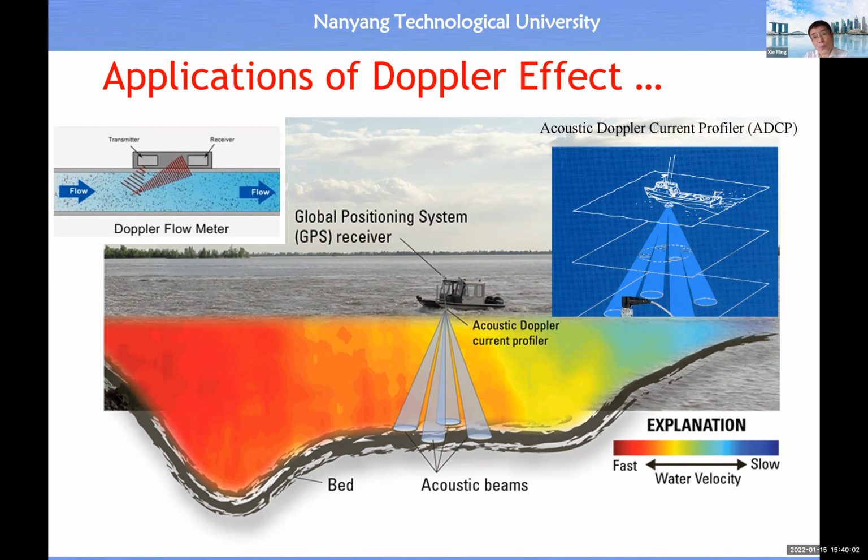Then in this way, we should be able to measure the relative velocity between our car and the stationary object or a moving target in front of us. All right. So this is the way to estimate the relative velocity between our vehicle and the vehicle in front or something like that. Okay.